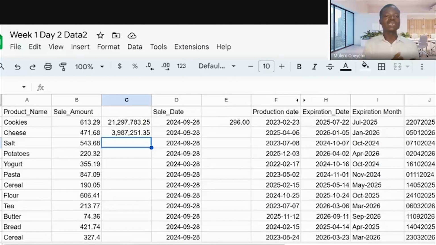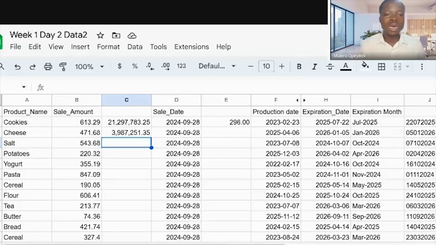That is SUMIF. Now, this is a very simple way of handling SUMIF. But then there are also compound SUMIFs that we can still use. For example, we want to sum the sales amount over a period of time, let's say from February to September. So we can say SUMIF date is between February and September, sum the sales amount. All of those things just by query. Now, what's the difference between SUMIF, the IFERROR statement, and the IF statement?